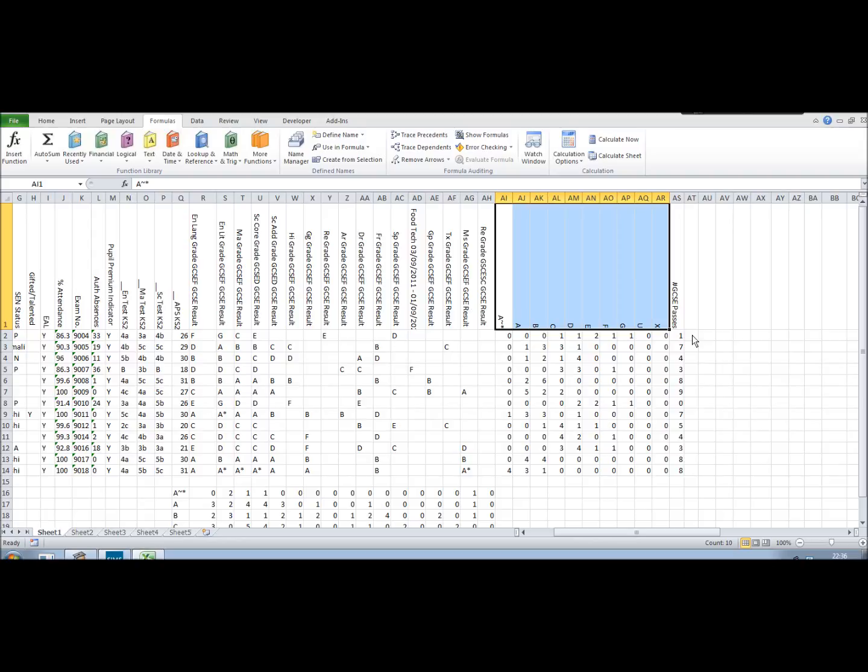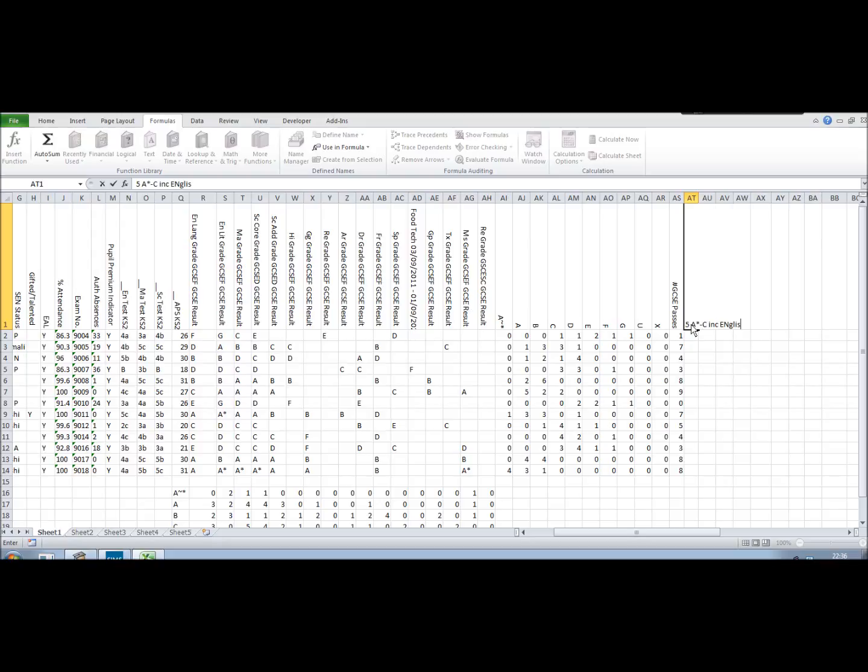So that little table there is called PTS, and now I'm going to work out if it's in this column here, 5 A stars to C, English and Maths. Okay, equals, and what I'm going to be using for this is the AND formula, and the AND formula tests if a series of things are true, because we've got 3 tests to perform. Our first one is if they have 5 or more passes, so we click in this number of passes here,